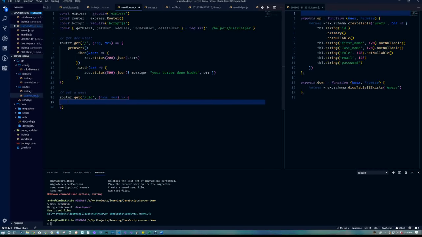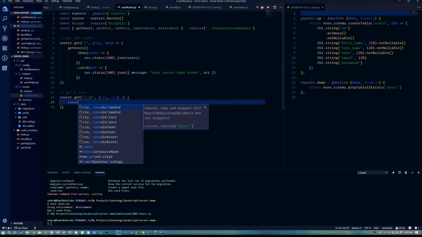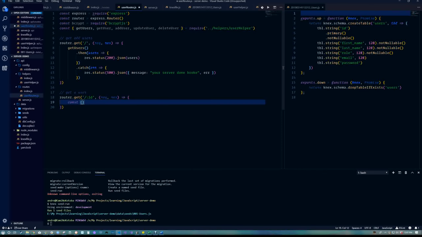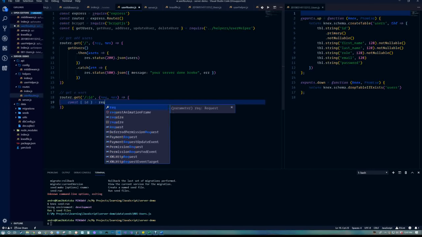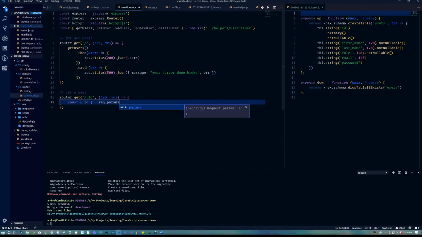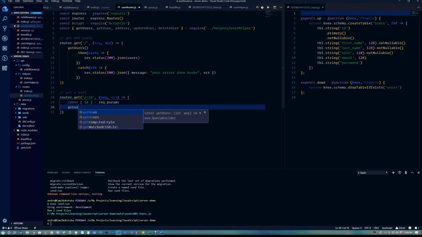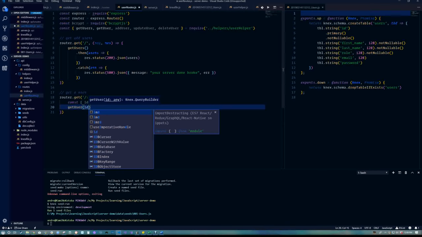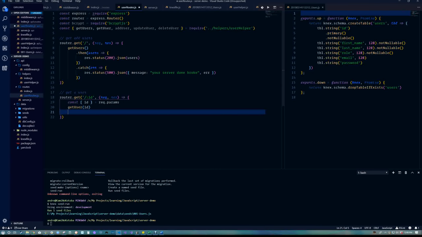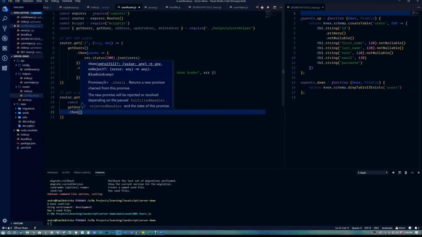But we are going to use req on this one. And that's because we're expecting the front end to send us an ID. So that's going to come in from req.params. So basically, the request parameter is this ID that's going to be populated here. And then we get to use our fun getUser function. We get to pass in that ID in there,